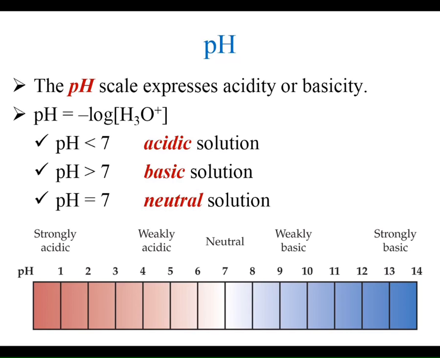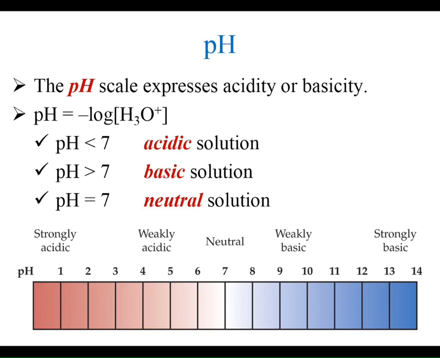Now, this is a log scale. You may have heard the log called the base 10 log in the past, maybe in a class or something. So, 10 to the negative 7th gave you 7. 10 to the negative 6th would have given you 6. 10 to the negative 5th will give you 5. So that means every change in pH is not just a small amount of difference, it's actually 10 times more